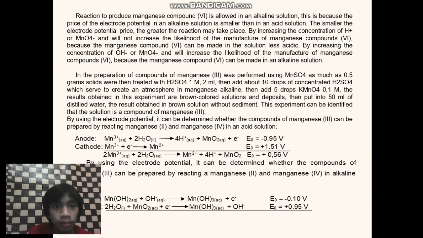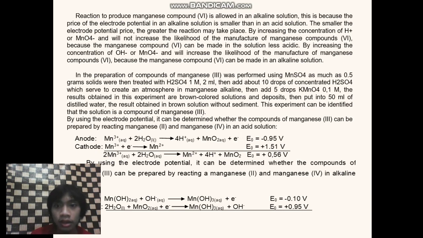Next, the reaction to produce manganese compound 6 is allowed in an alkaline solution. This is because the electrode potential in an alkaline solution is smaller than in an acidic solution. The smaller the electrode potential, the greater the reaction may take place. Increasing the concentration of hydrogen or MnO4 will not increase the likelihood of manufacturing manganese compound 6, because manganese compound 6